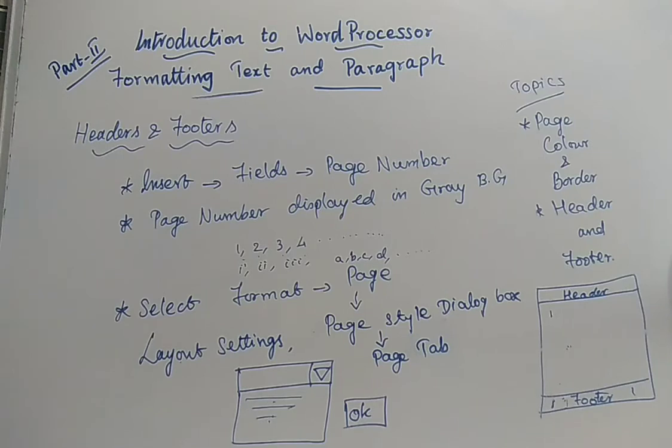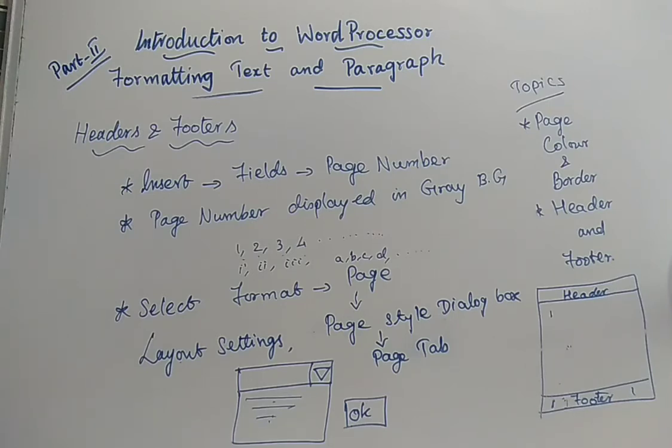How will the sequence of the page numbers be? Yes, it will begin from 1, 2, 3, 4, 5, 6, going on till however many pages you have. There is an option for you to change the numerals to some other formats that you are willing to use, whether in small Roman letters or capital Roman letters. Whatever else you want, you can change that. For changing that, what do you have to do? You have to select Format, then click Page.